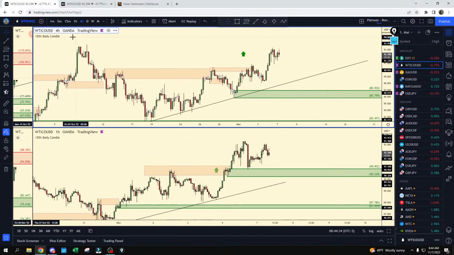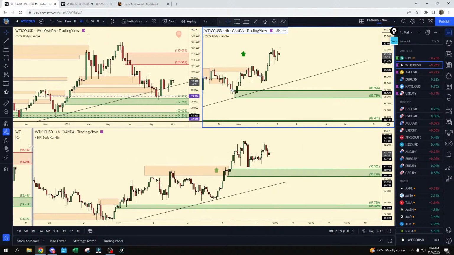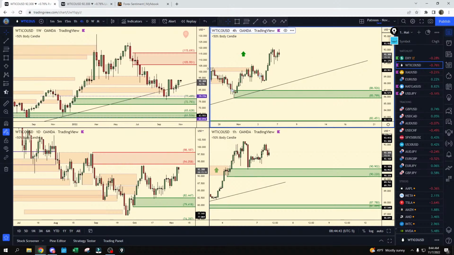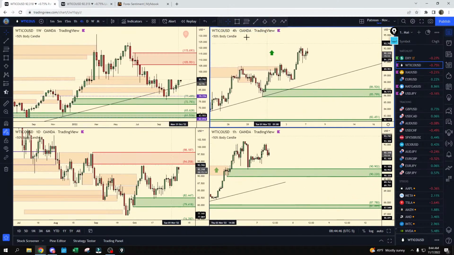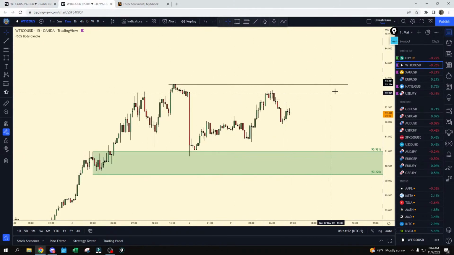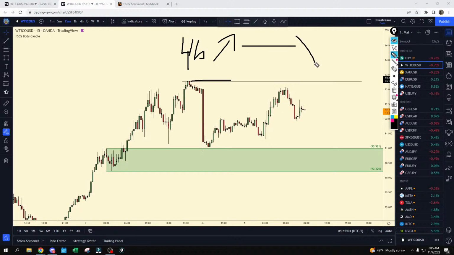Well, the only way for a 4-hour trend to end is for the lower time frame trends to end. So why I'm looking and why I need this high to be removed is because for a 4-hour uptrend to turn sideways or downtrend, the lower time frame trends have to turn around. So basically,